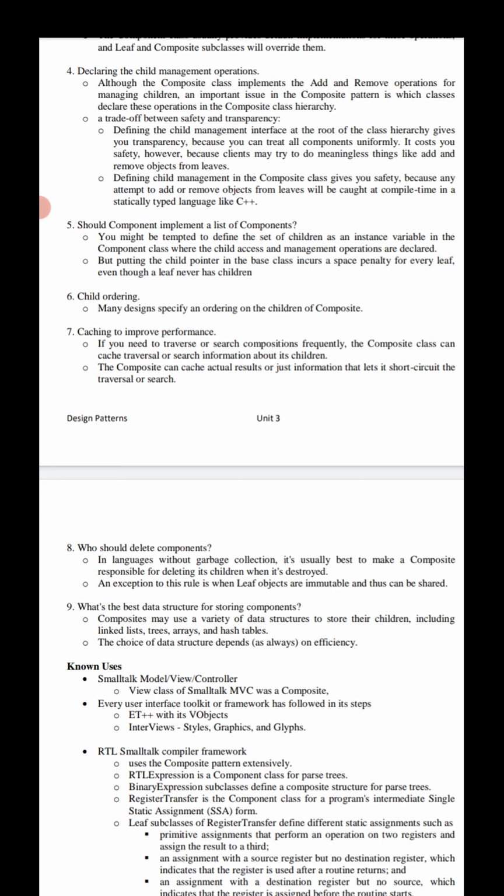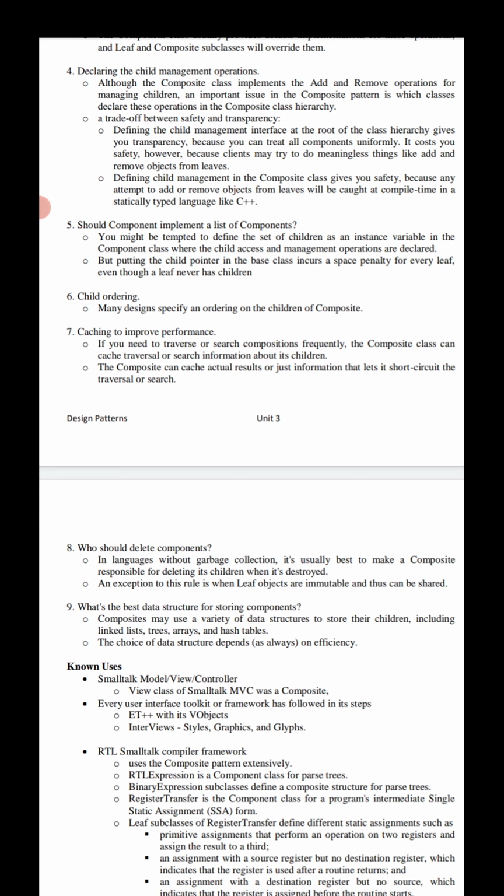And coming to the next section, we have to define child management in the composite class. It gives you transparency, because you can treat all components uniformly. Coming to the composite class, it also gives you safety, because any attempt to add or remove objects from leaves will be caught at compile time in a statically typed language like C++.